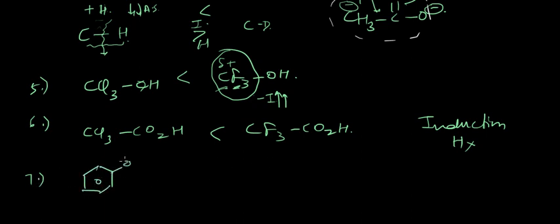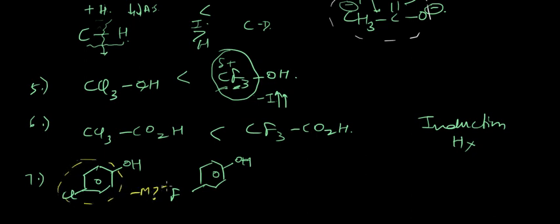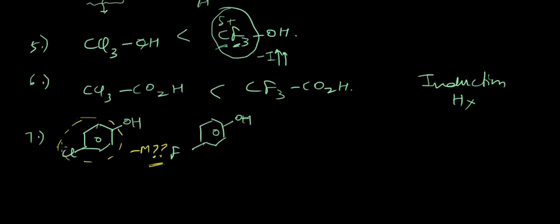Let us take this example. We have this and we have this compound. Okay, so in this case, this ring acts as a minus M group. Why? Because d orbital resonance can take place. If we draw the structure,